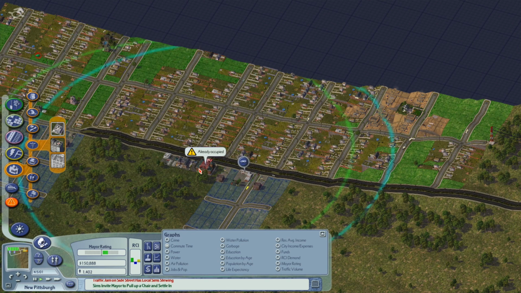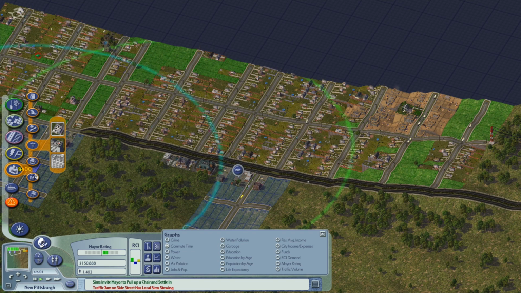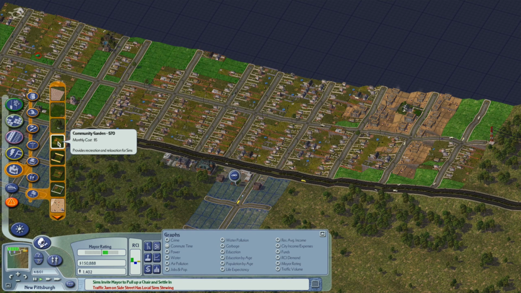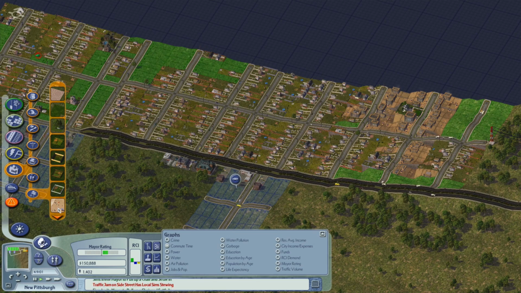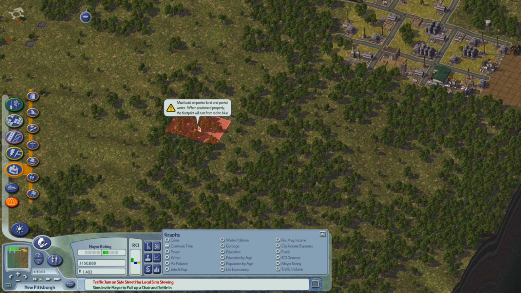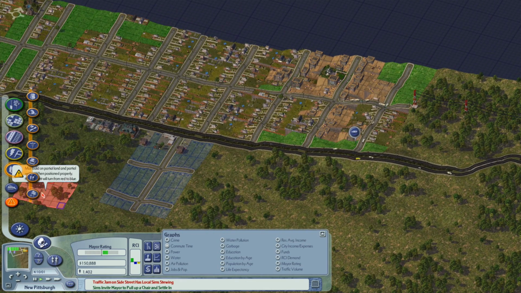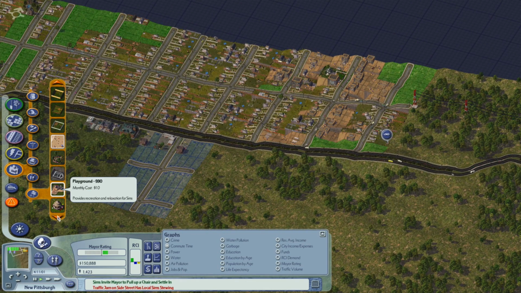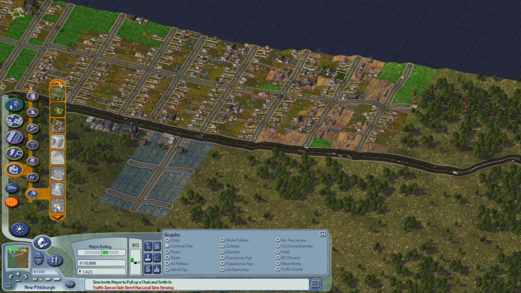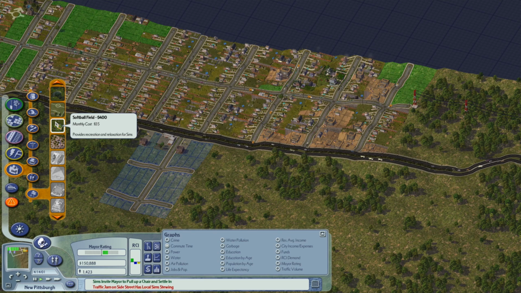So now that we have pretty much everything we need, all we need now are some parks, because parks increase desirability. That makes nicer houses the more parks that we have. Ooh, could we put a beach? Do we have any water in the city? No, we don't. I can't put any beaches in. You can make some pretty insane parks, major league stadiums, all that sort of crazy stuff. For now,